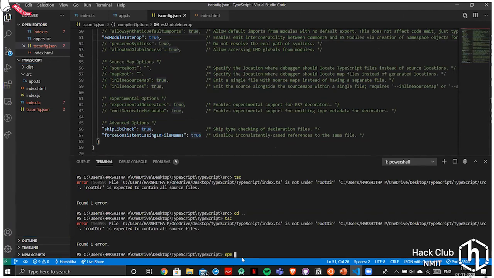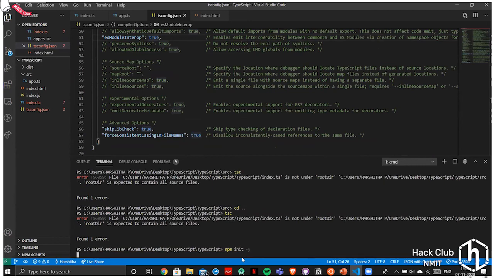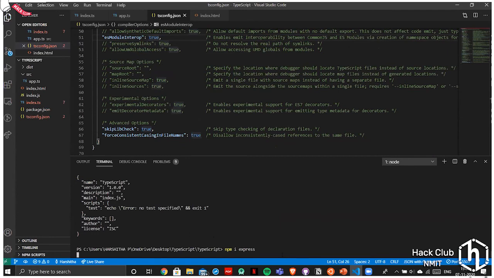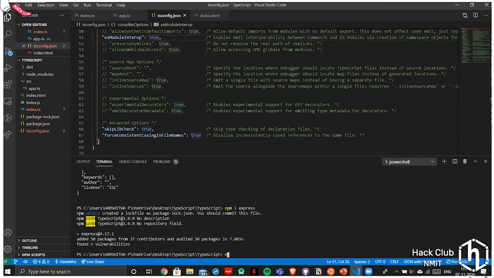Just type npm init -y. Okay. And then npm i express, and this will download your express, and then npm i -D typescript